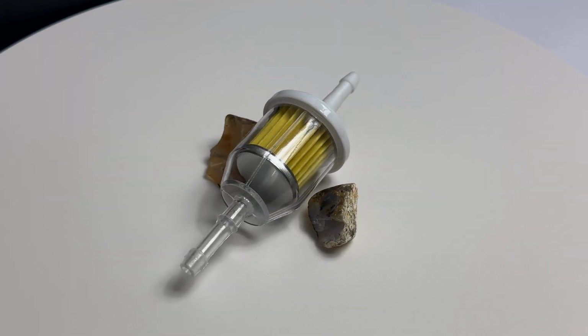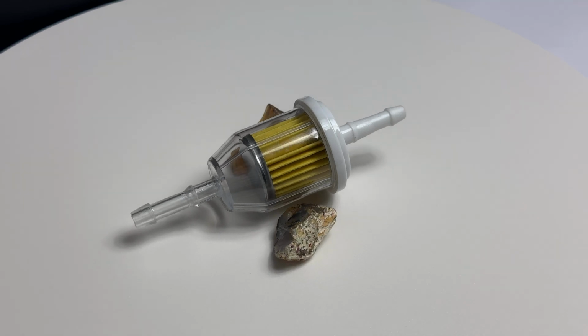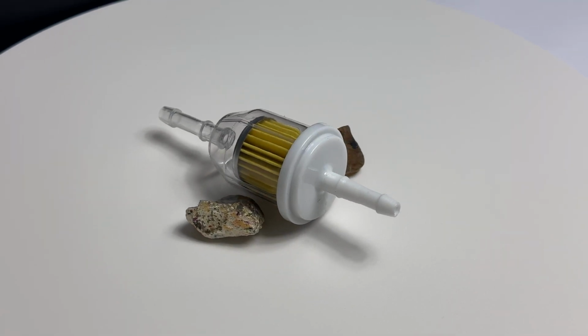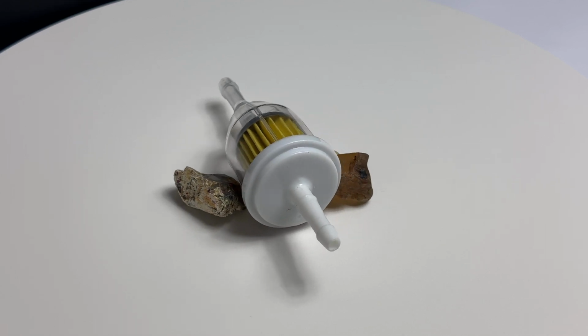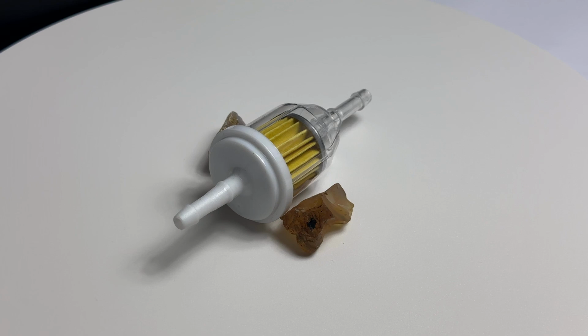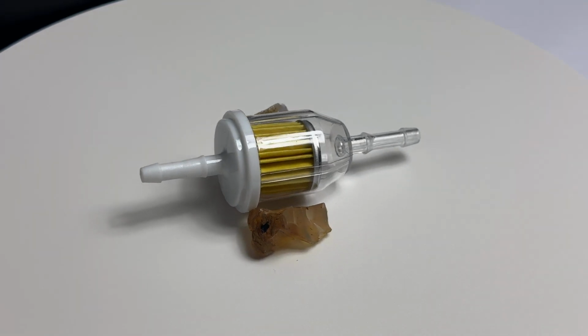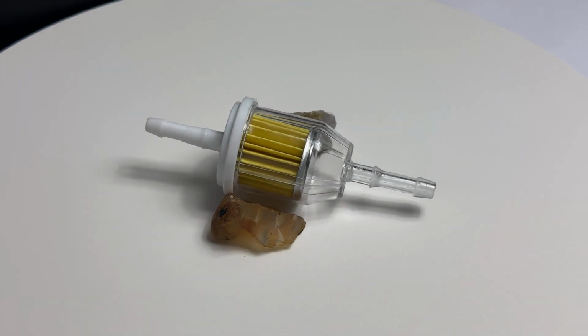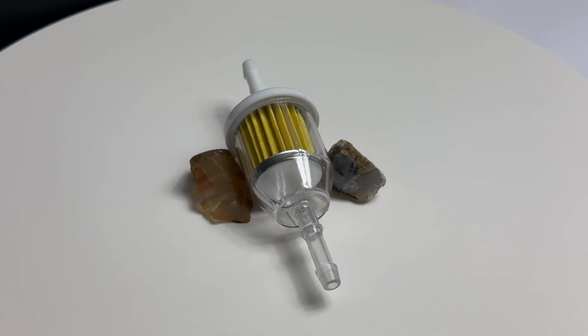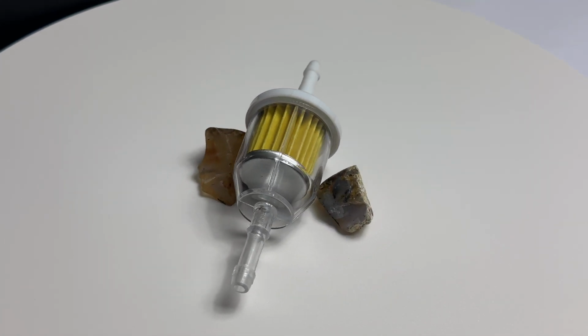Okay, so we're gonna do a product review of this golf cart inline fuel filter. It is very good quality plastic that they use in it and the filtration system. It is a 1/4 by 5/16. It takes both hose sizes, which makes it a really good product because it's more diversity in what you can